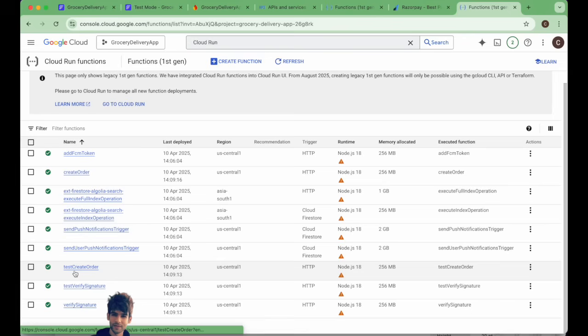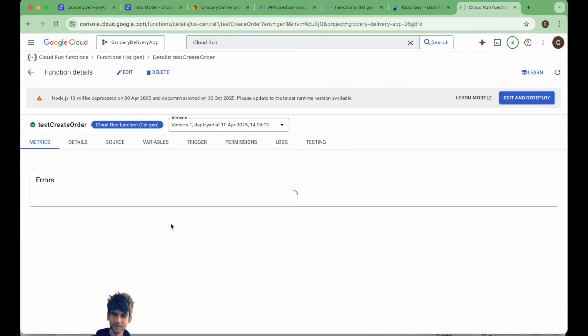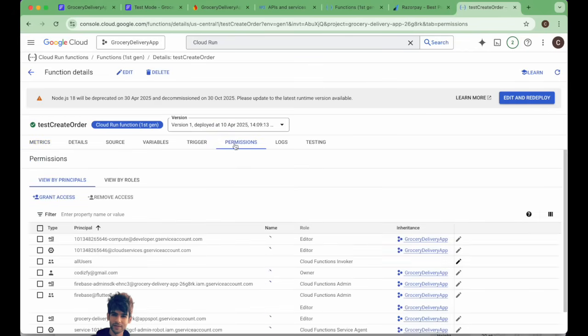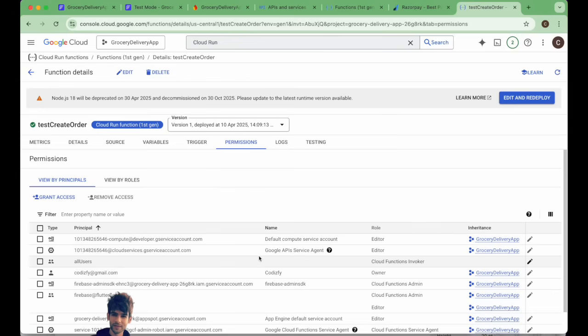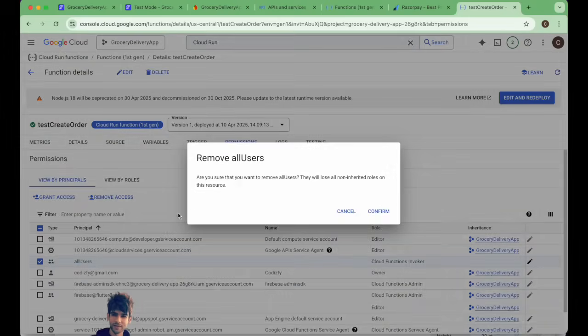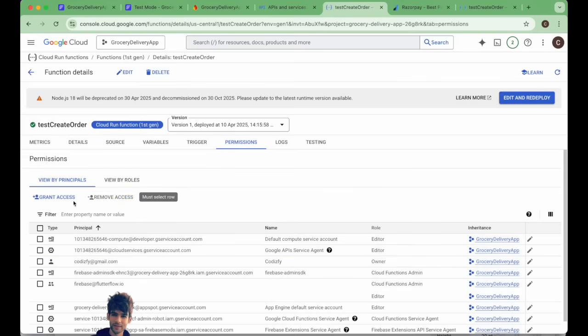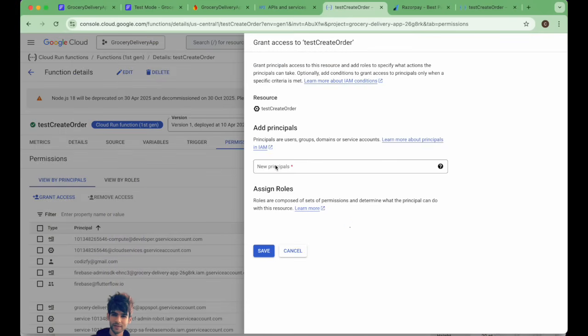Okay, so here when we are testing it in test mode, you can see the test create order and test verify signature. Click here, test create order, and inside the permissions tab, go here. We have this all users cloud functions invoker. If you don't have this permission, you can add it. For example, if I remove the access from here, you can grant the access and you can add all users,